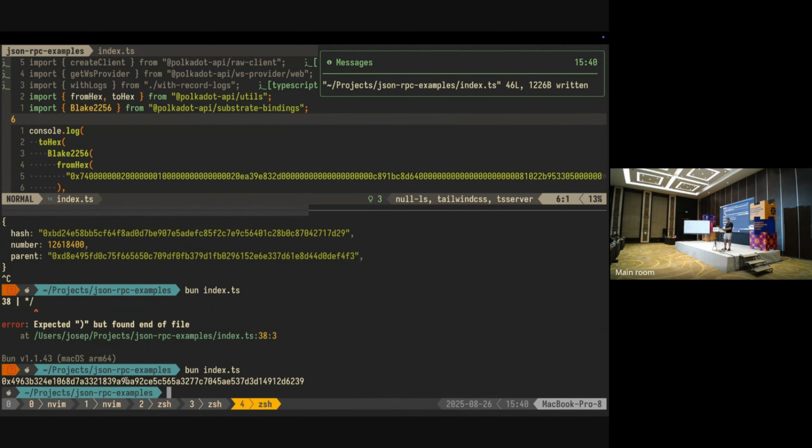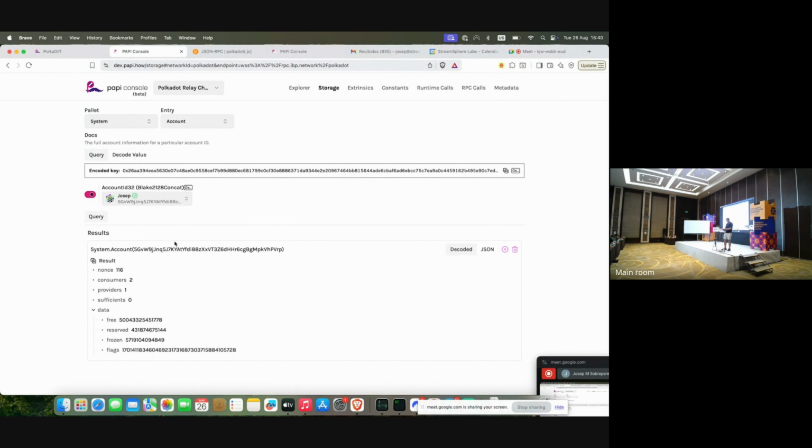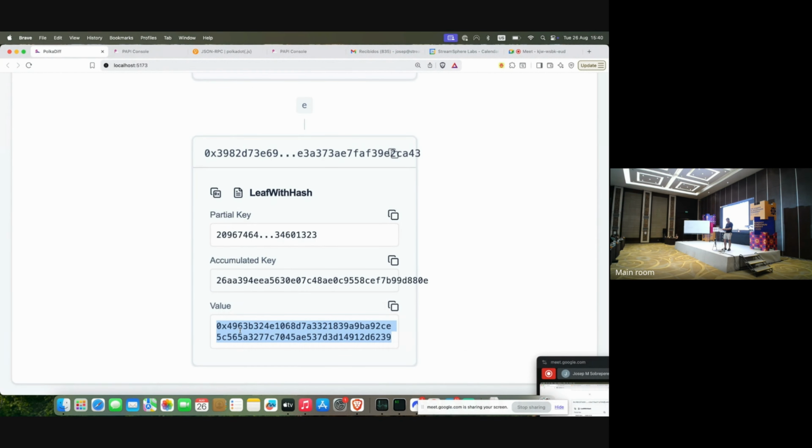So the hash value is 4963b, blah, blah, blah. So this hash is 4963, blah, blah, blah. So you can see, at the leaf, we have this leaf that doesn't contain the value, because many times when we want to prove something, we don't want to send the value, we just want to send the proof without the whole value, because sometimes the value is very heavy, and the trie nodes are a lot